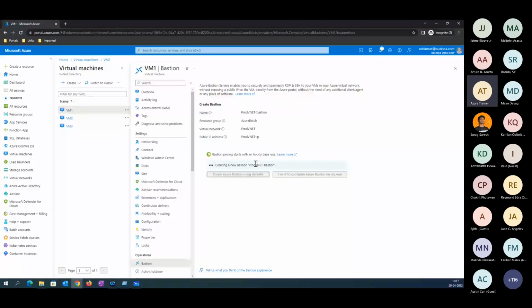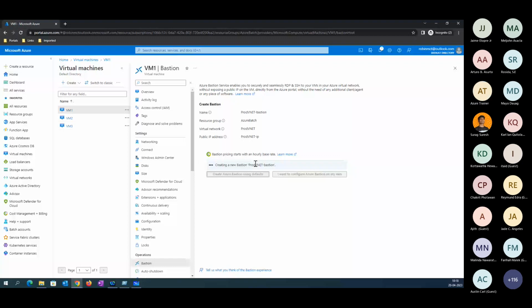The deployment is in progress here. It will take a few minutes.